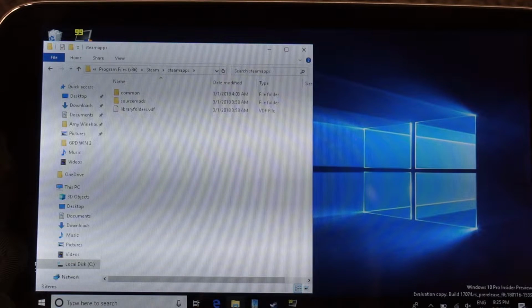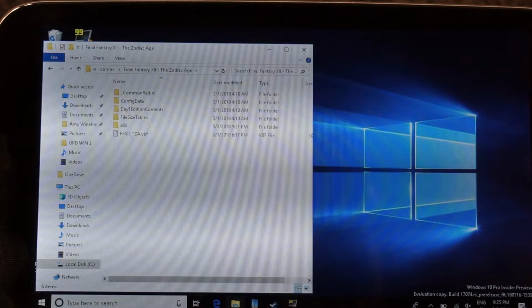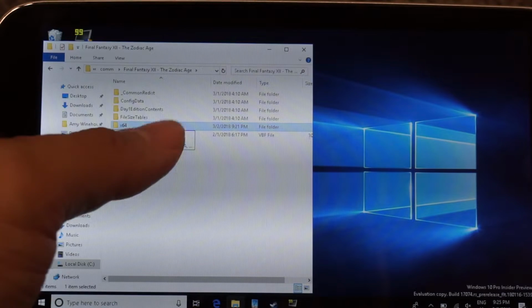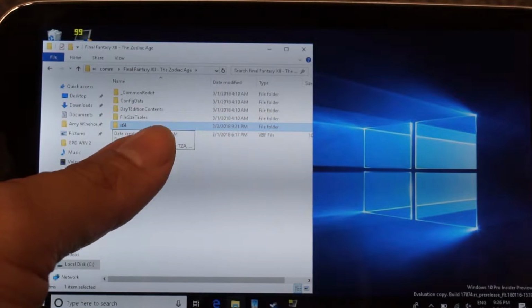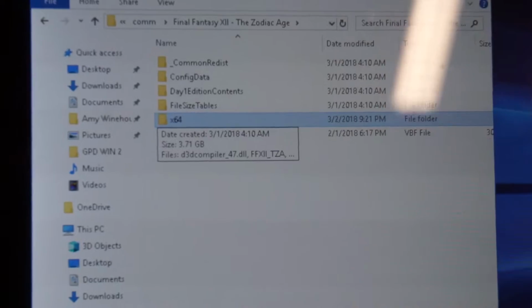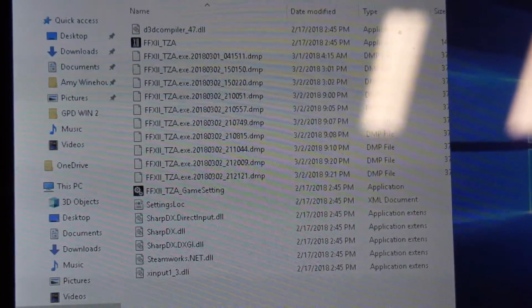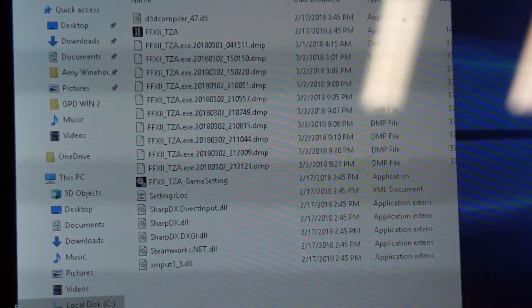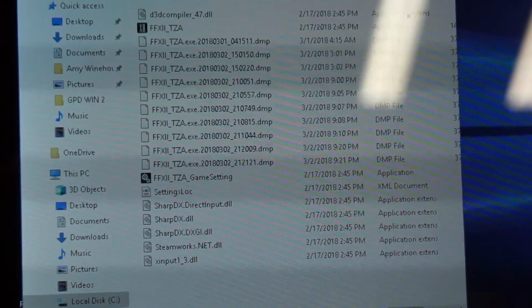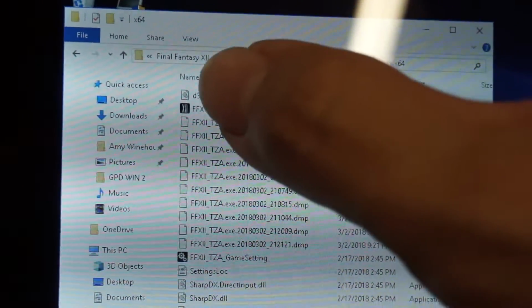go to steamapps, then we have to go to common and look for Final Fantasy XII, The Zodiac Age. Right now we will see a couple of folders here. The folder we want to look at right now is the folder called x64. Try to get my camera to focus here. In this folder we will see a couple of files, FFXII TZA and FFXII Zodiac game setting. When we try to launch it here,